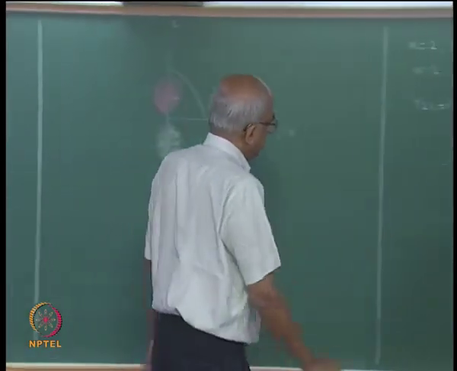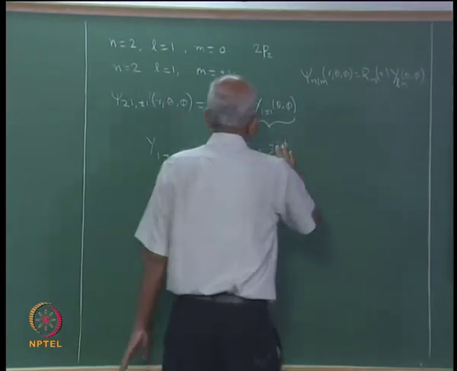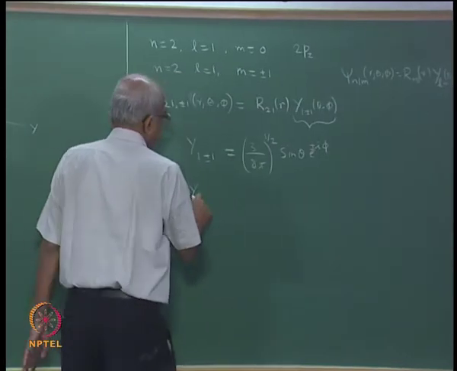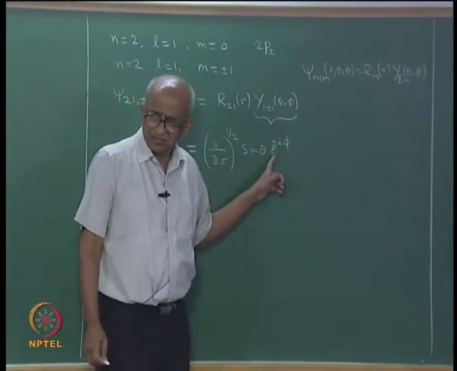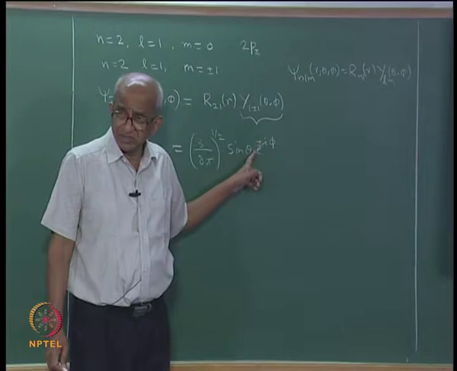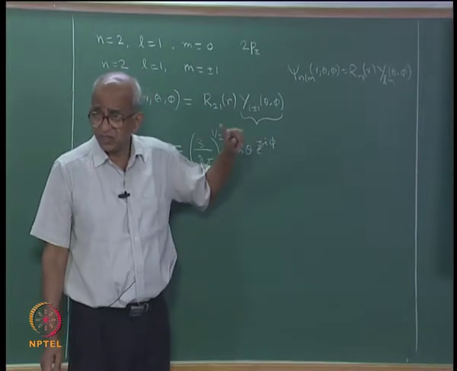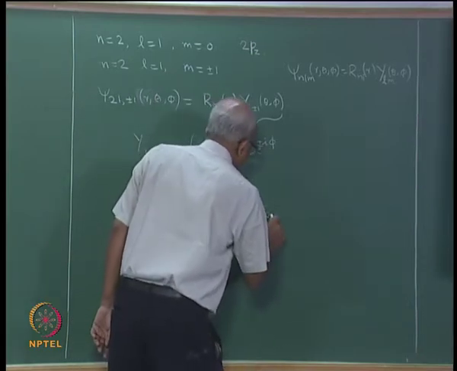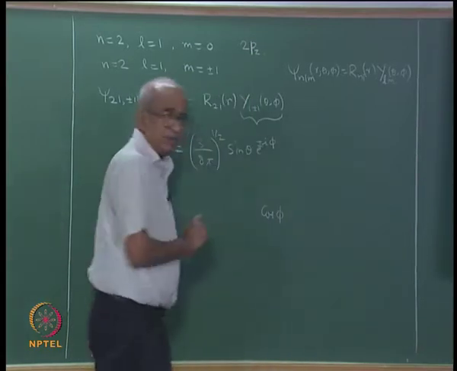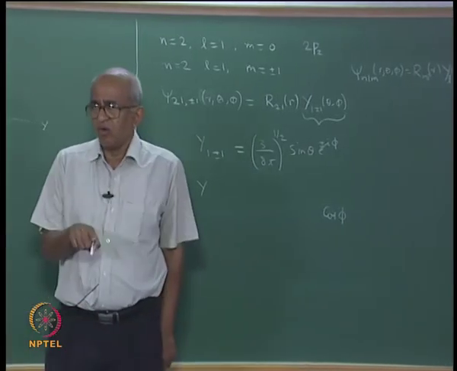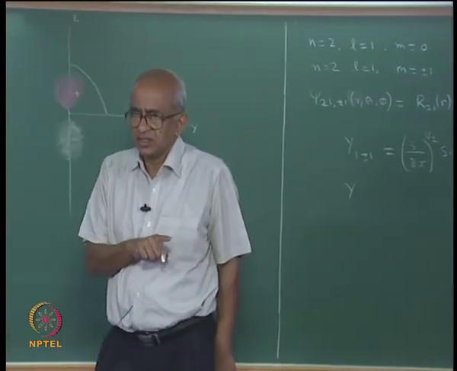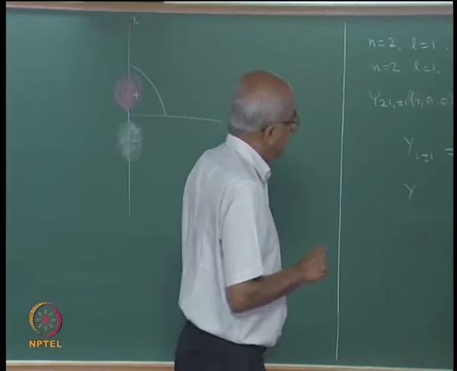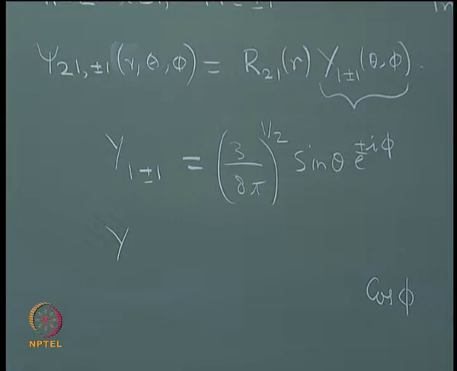So, what we do is we do not make use of e to the power of plus or minus i phi, but instead we make use of functions which are obtained as linear combinations of e to the power of plus i phi and e to the power of minus i phi. I have told you this earlier. So, the result is either cos phi, or another possibility is you will get sin phi, something that I have already talked about. So, those functions also are shown here.